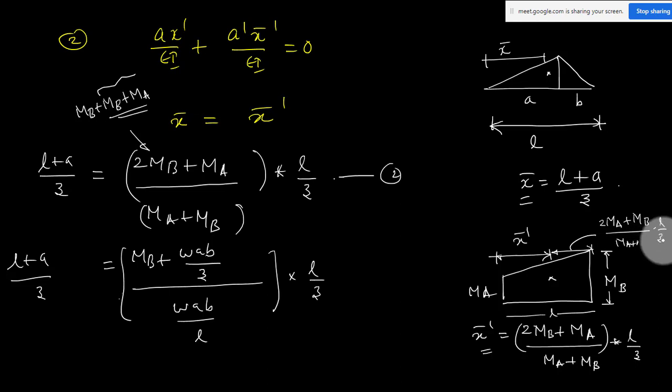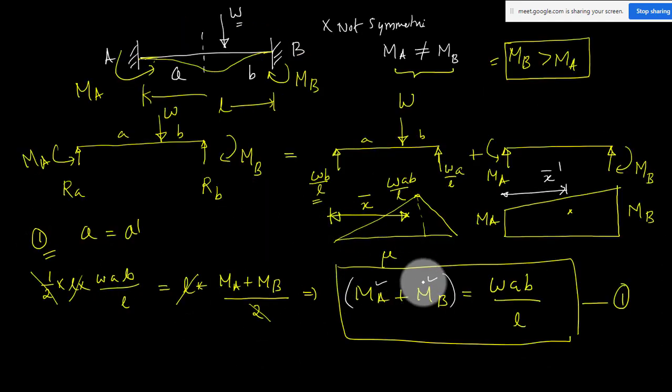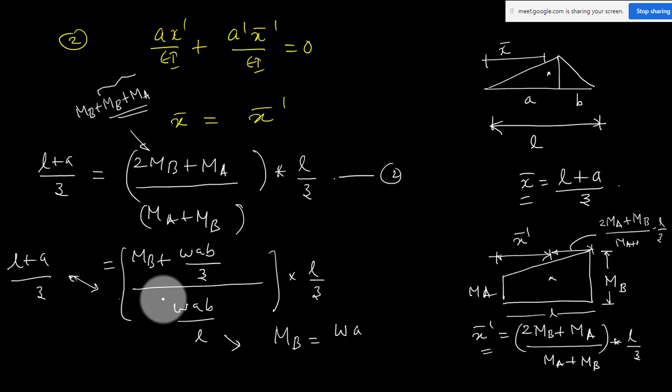Yes, sir. So the remaining thing is you have to solve it. If you solve this, you will get MB equal to, I think I am skipping it, because it is only equation solving. I think I have explained all the concept. This is only the concept, so this is only the solution. You can solve it in 2-3 lines. You take here, cross multiply, expand, and finally you can get the MB, the moment at B.